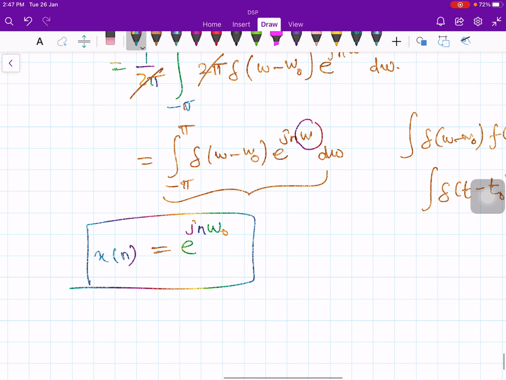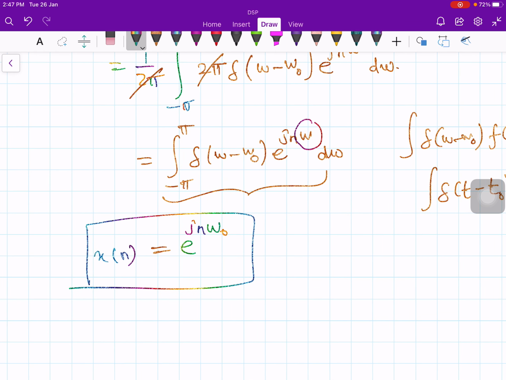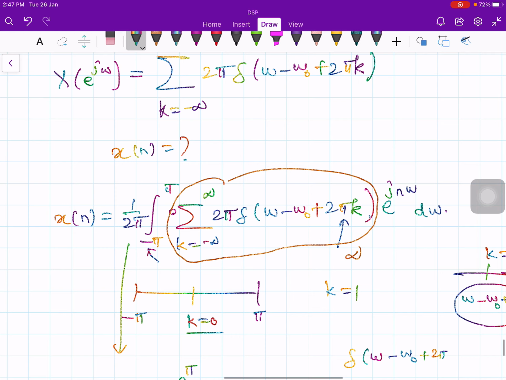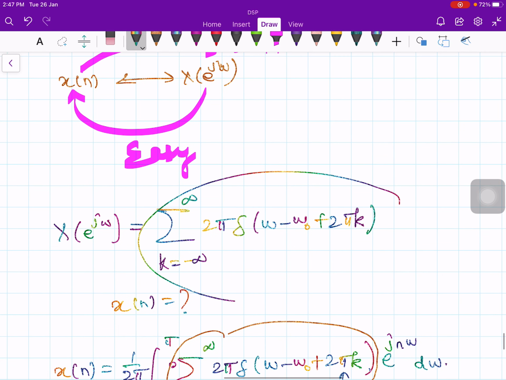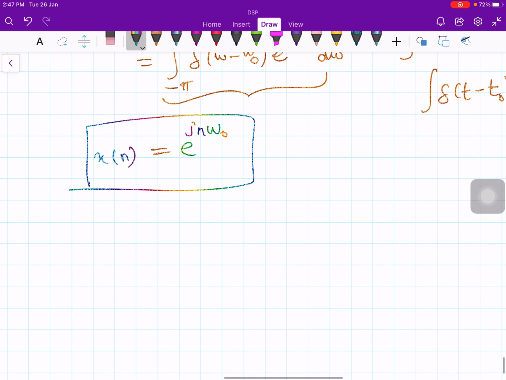So we have proved the inverse DTFT of this summation, where is it? This summation is e to the j n omega naught. In many cases, this is the story. In fact, you can prove yourself that if you take the sequence 1 as my x of n, its DTFT would be